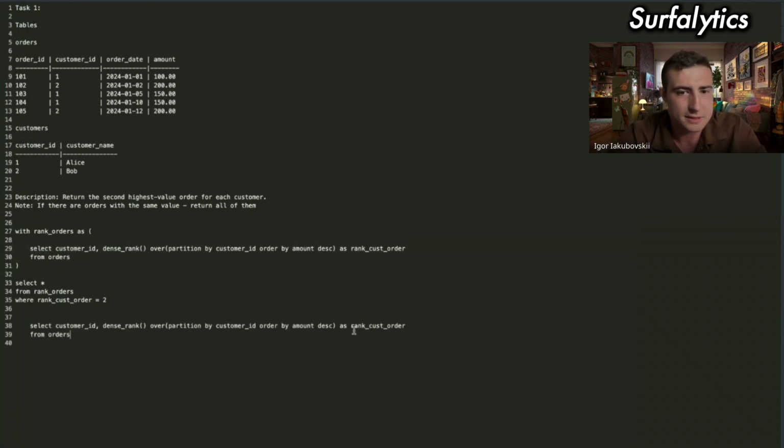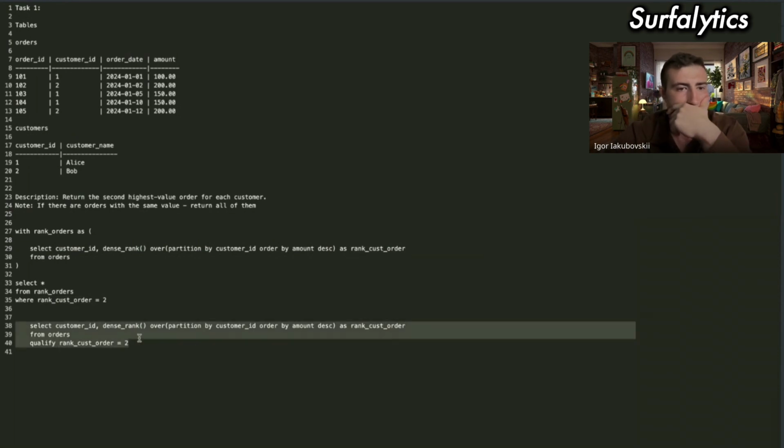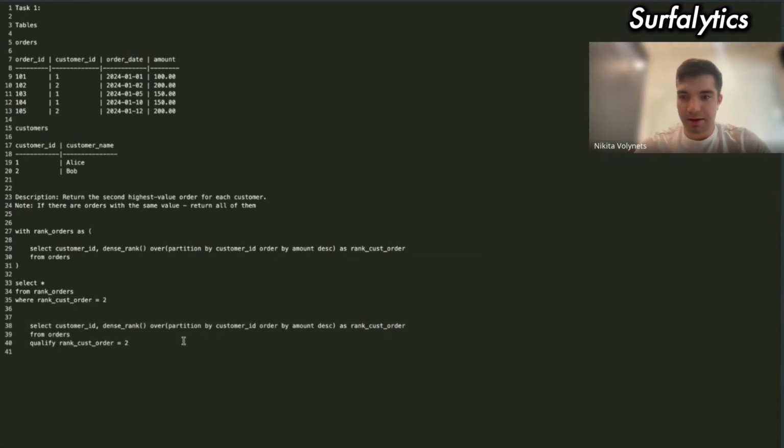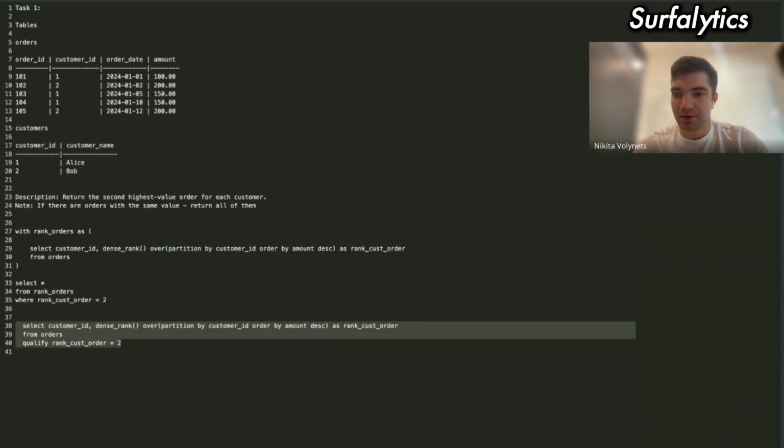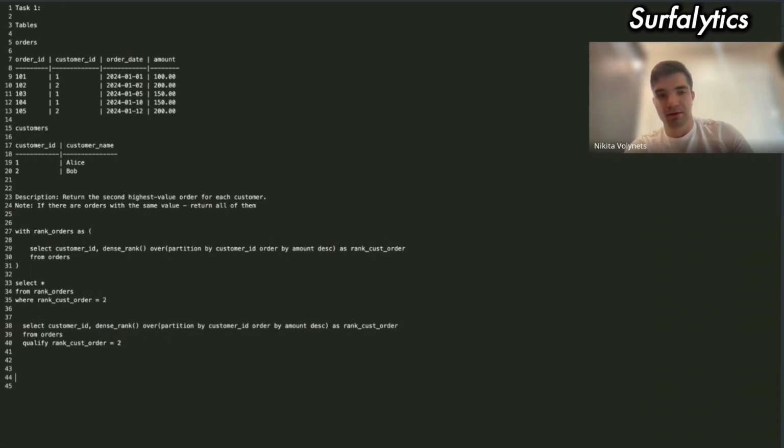For example, select, qualify. Absolutely right. So it's just two ways you can write it. And not all databases support QUALIFY. I think BigQuery and Snowflake support it, but some older ones don't. But yeah, it's absolutely correct.